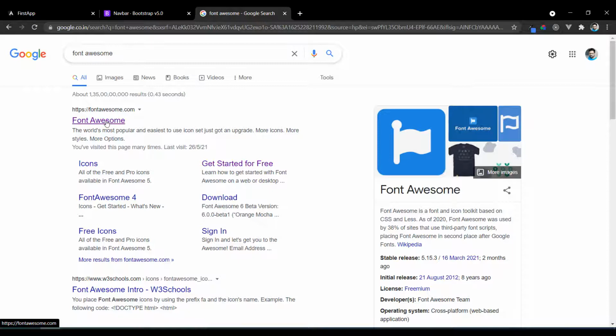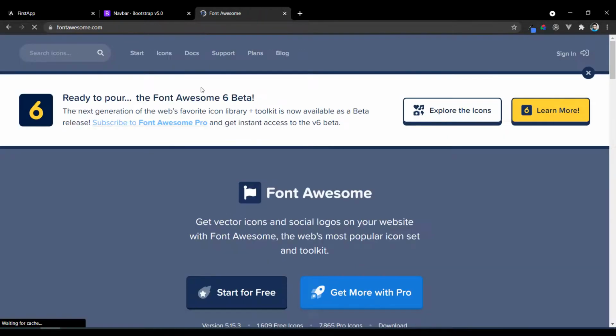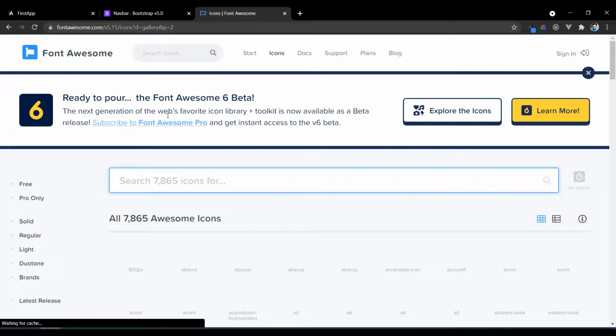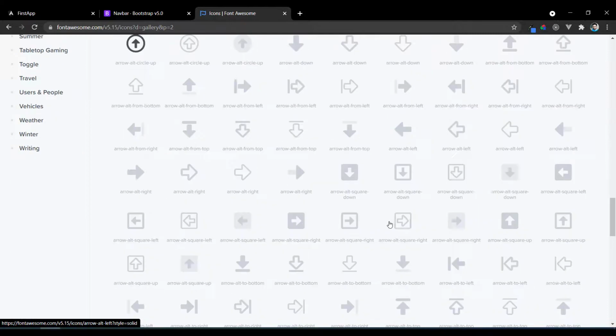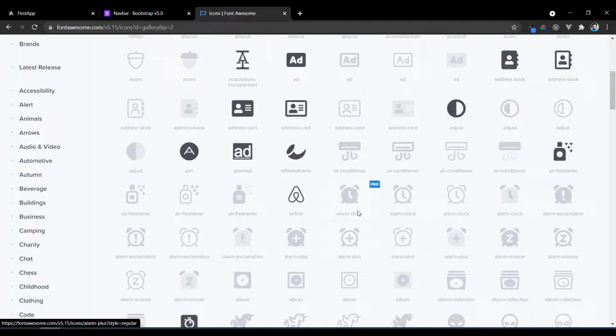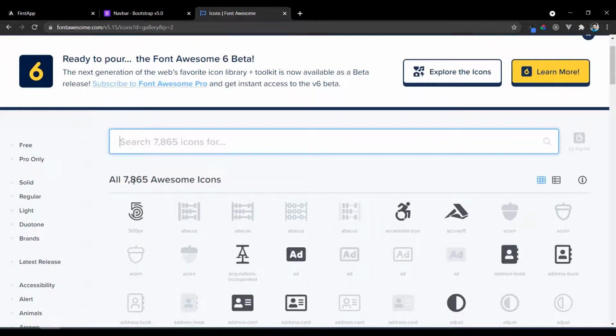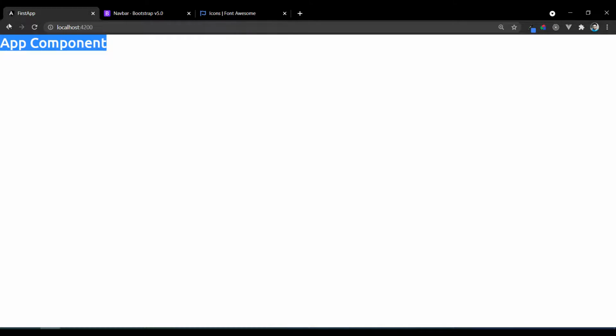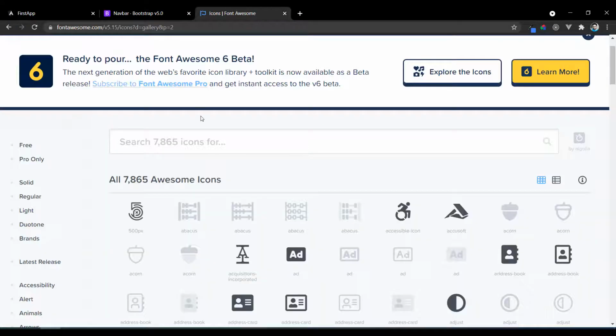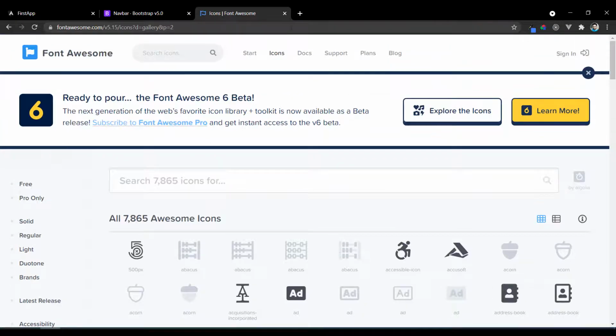There is a website especially made for icons. So you can just select this icon. There are a lot of icons there. If you want to see, 7,000 icons are there. So let me configure this icon system for my application as well, because in future I'm going to use icons as well. How to configure is you have to install them using npm.